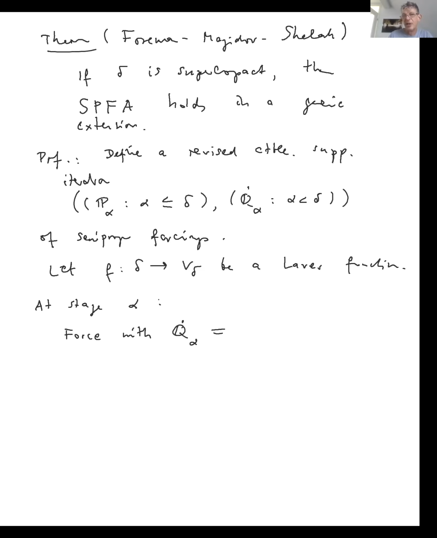What does the Laver function tell you? Typically it gives you a pair. So there is a left and a right component. The left component, we said, is a cardinal less than delta. The right component is just some object. So the right component might be a semi-proper forcing, right? So force with the right component of what the Laver function tells you, provided P alpha forces, or it's true in the forcing extension, that